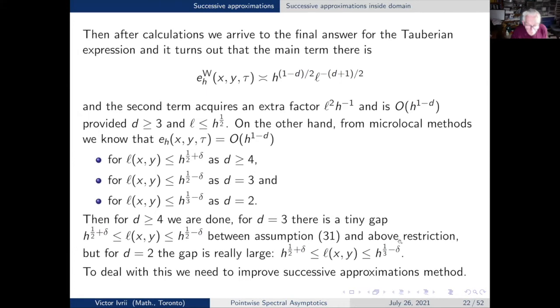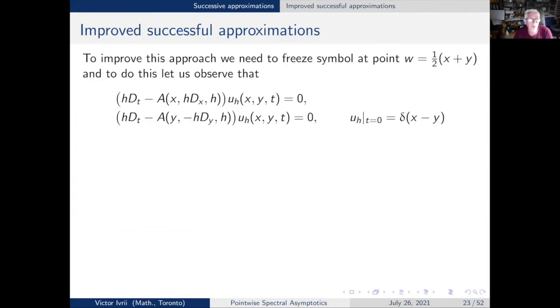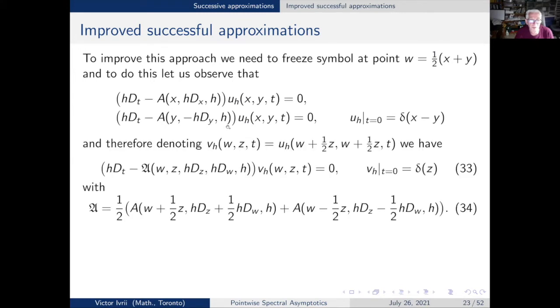To deal with this, we need to improve the successive approximation method. I remind you that inside of the domain, we can use oscillatory integrals, but this is for me just a toy to understand how to deal with the case when there is a boundary. To improve this approach, we need to freeze the symbol at point w. And to do this, let us observe that we have the following equations. And therefore, denoting